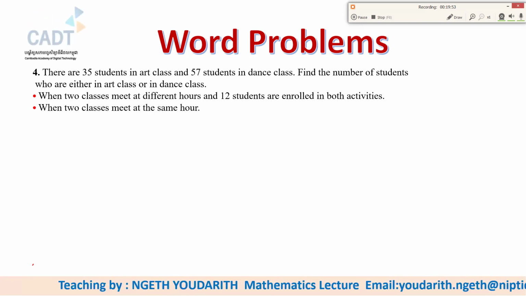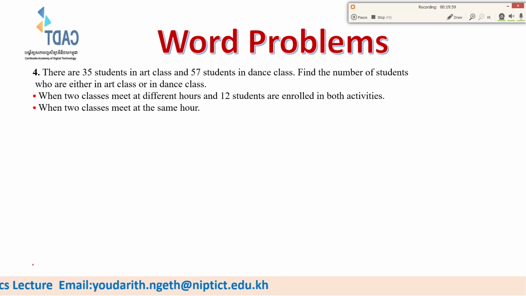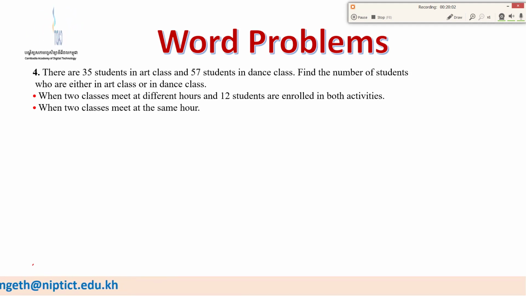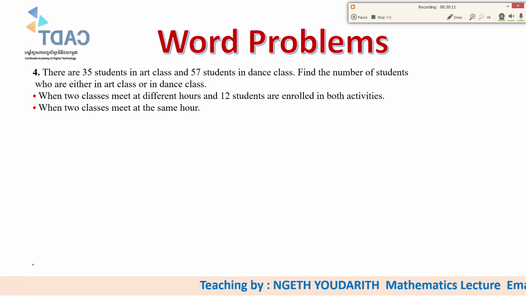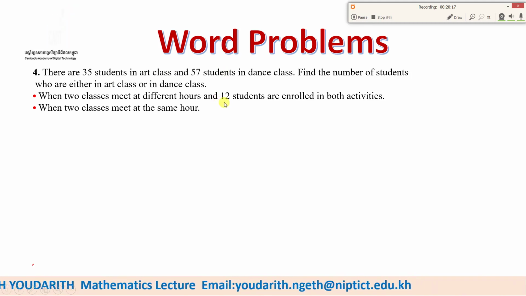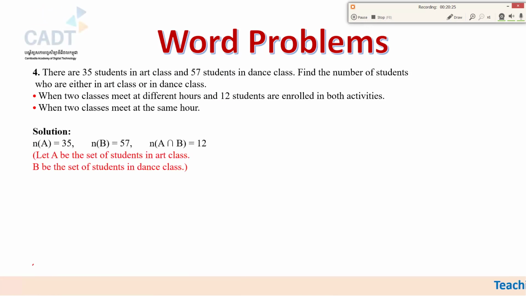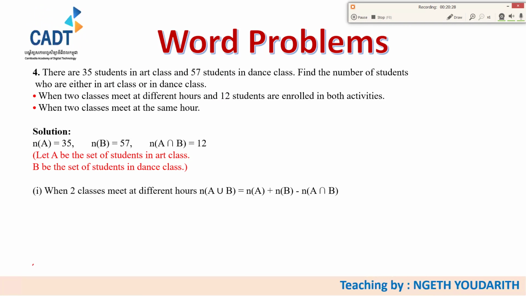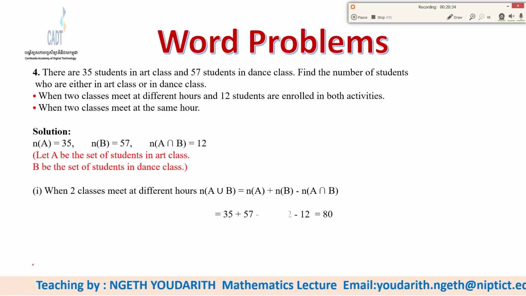When two classes meet at the same hour, this is the condition. The problem says that when two classes meet at different hours and 12 students are enrolled in both classes. So in both classes, it is N(A), N(B), and N(A intersection B). So how can we find N(A union B)? We already got this one, and we find N(A union B). N(A union B) means that we got about